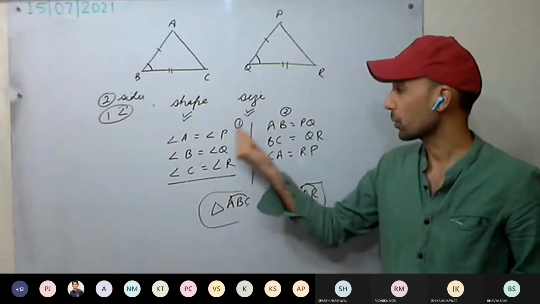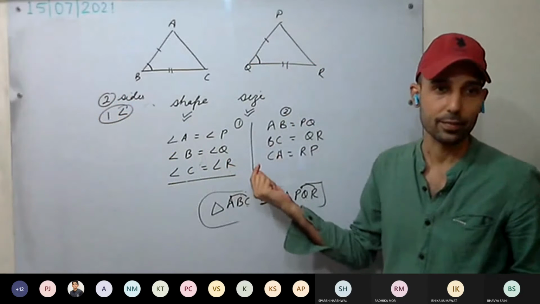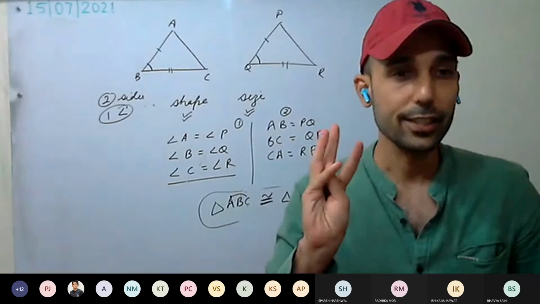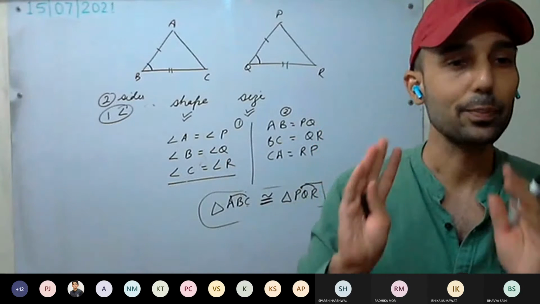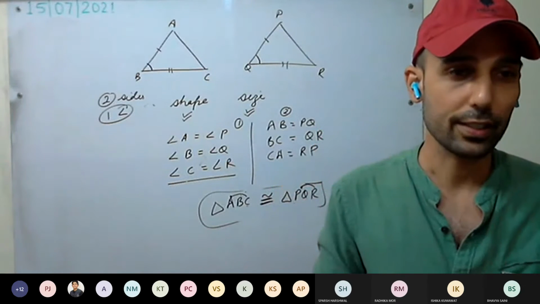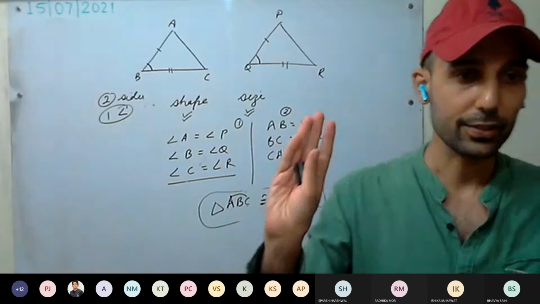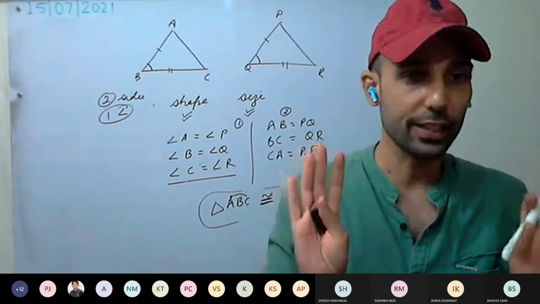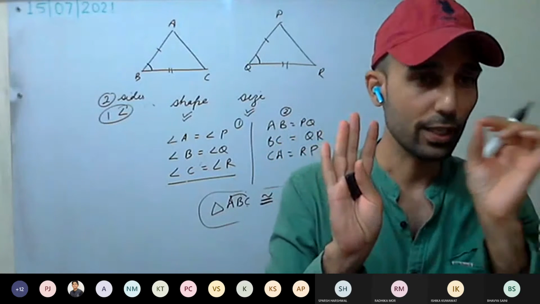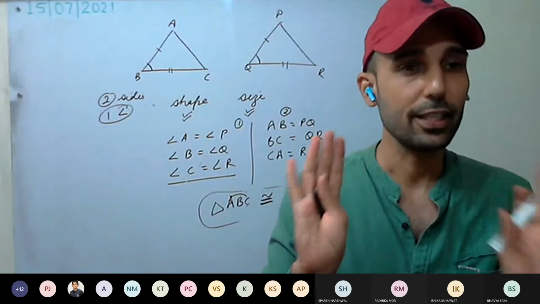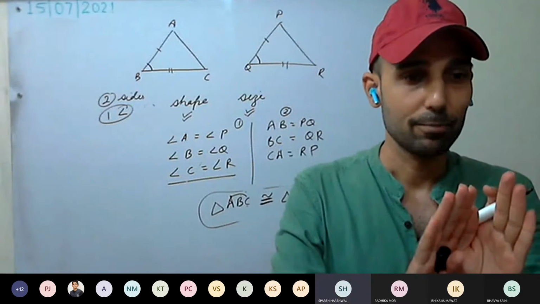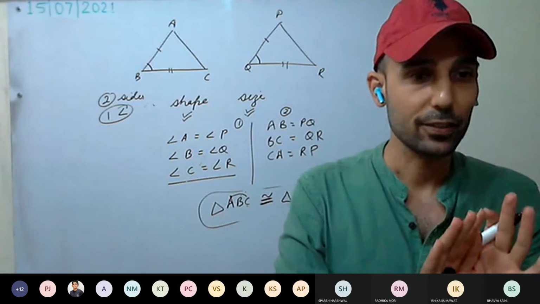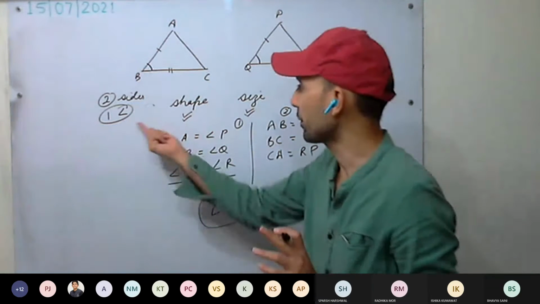Yes or no? We do not have to prove all these six things. Just three were required. These three things are the minimum required to prove the two triangles are congruent. Like you do with a person: two persons are there, you don't prove everything, that this hair is this much length, this looks like this. You prove a few things and then say these are congruent. Yes or no? The minimum required things to prove something.